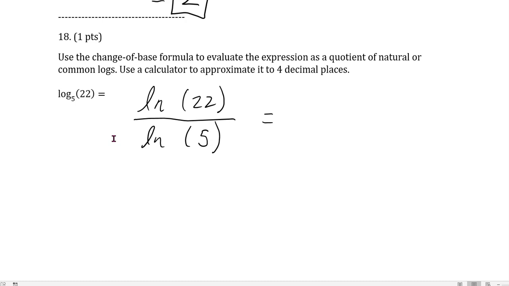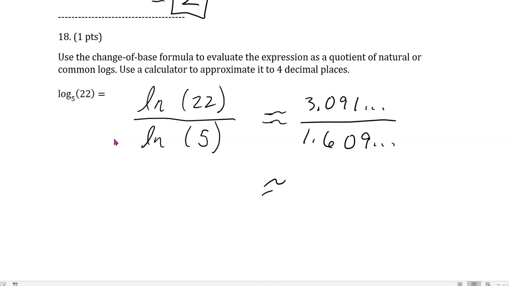Now grab your calculator so that you can compute the natural log of 22 divided by the natural log of 5. When you enter it into the calculator, the natural log of 22 gives you approximately 3.091... The natural log of 5, on the other hand, is approximately 1.609... When we take the natural log of 22 and we divide by the natural log of 5, we end up with the value of approximately